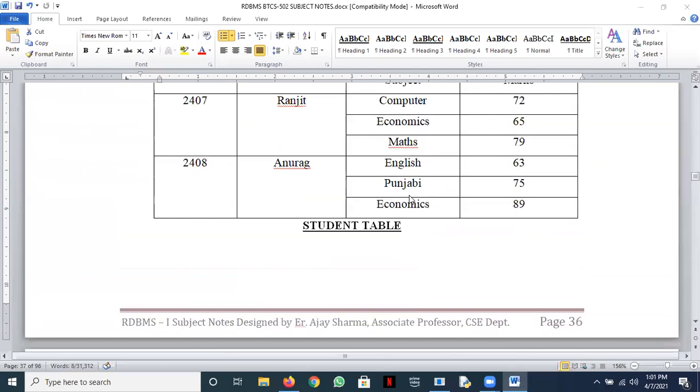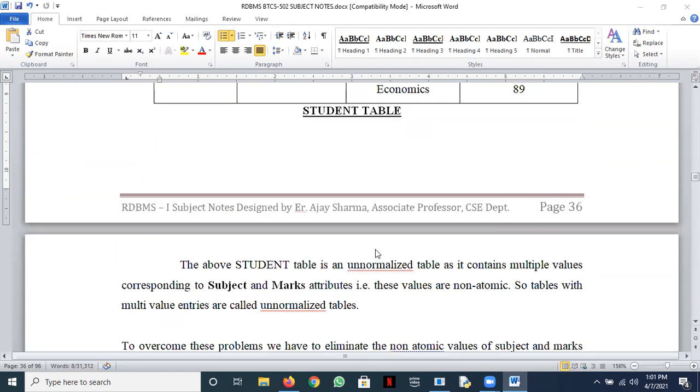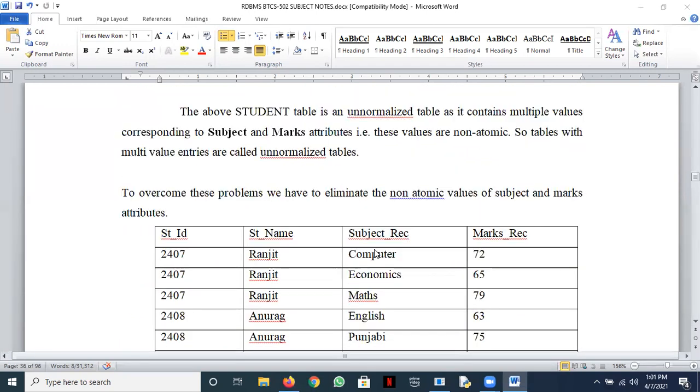Yes, sir. We had this unnormalized table because the row column intersection were having multiple values. We converted it into a flat student table. This is known as flattening of the table. So by flattening, it obeys all the 3 rules, but this is not a suitable way of representing this because it is giving us a lot of redundancy. Sejal, can you suggest any other way of bringing it into 1NF? I don't want to use the flattening of the table.